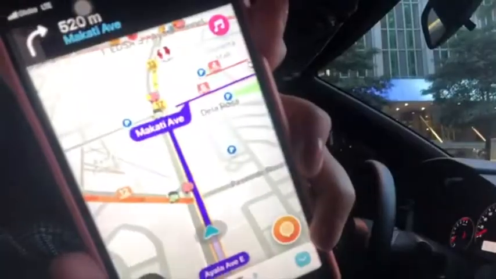Now we're here in Trina Rosas Avenue. And Waze said we're turning right in Talisay Street here. So we're very near here. We're near, it's like 3 minutes away, and with the help of Waze, we were able to go to Landmark